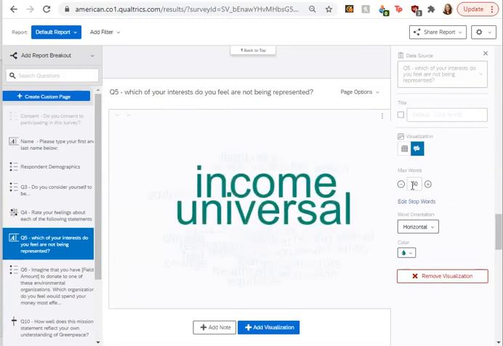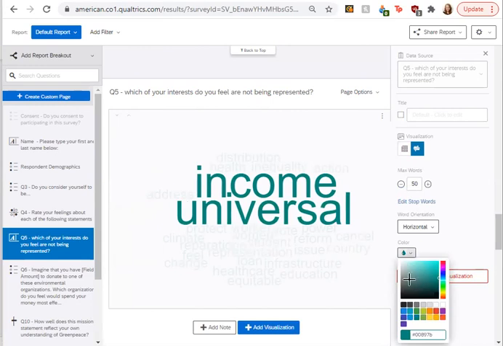And right now it's capped at 50 words. You can see the words behind these two are very light in color. You can change the color scheme here. So if we select something darker, it's still not showing up as well as we would like.